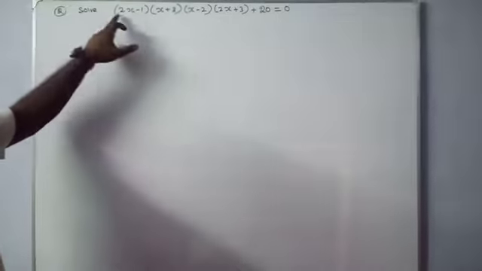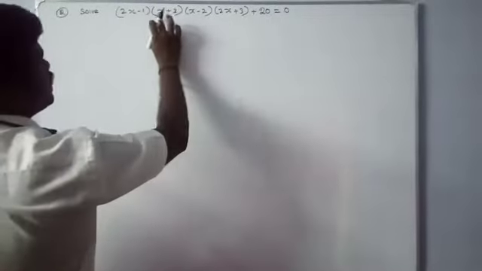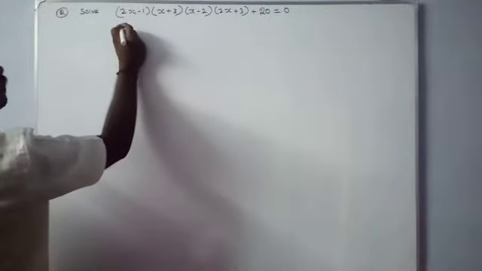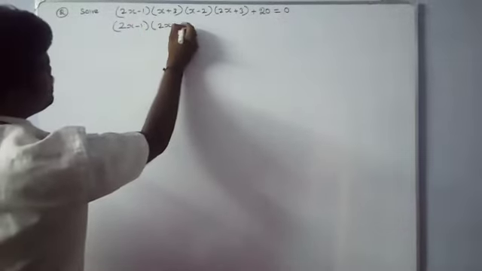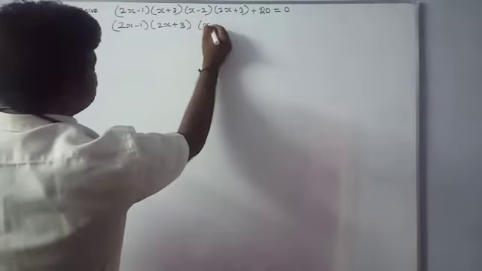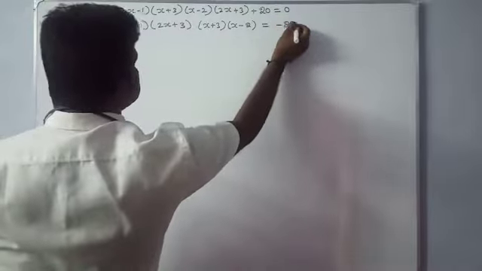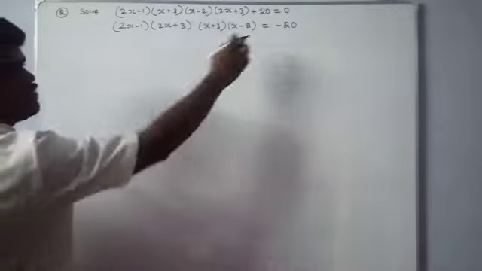Okay, now second sum, solve these factors equal to 0 and we want to compare these factors. Here 2x is there. Now we want to compare these two and these two because 2 take outside. Here we can write the equation 2x minus 1 into 2x plus 3 and x plus 3 into x minus 2 is equal to minus 20. You can write plus 20 to RHS side minus 20. It is easy for you.